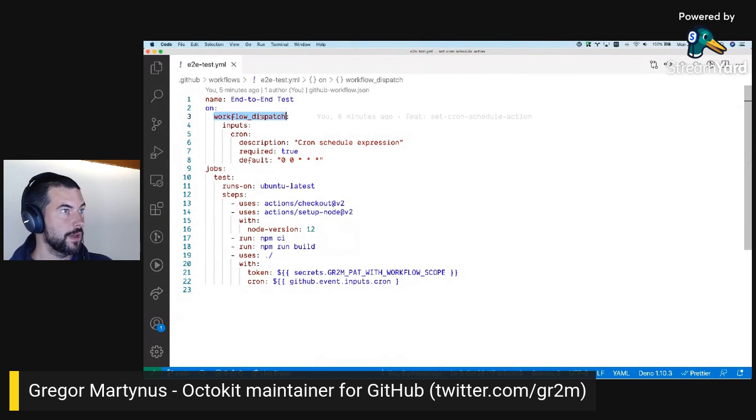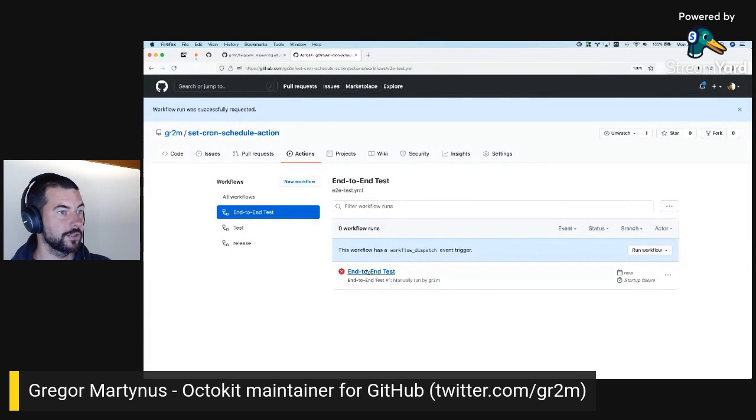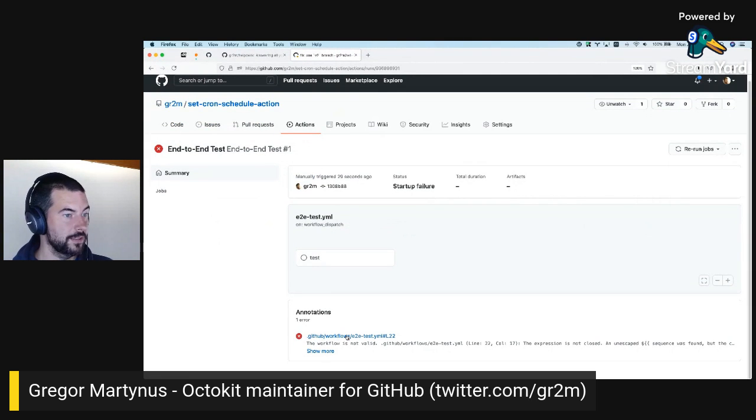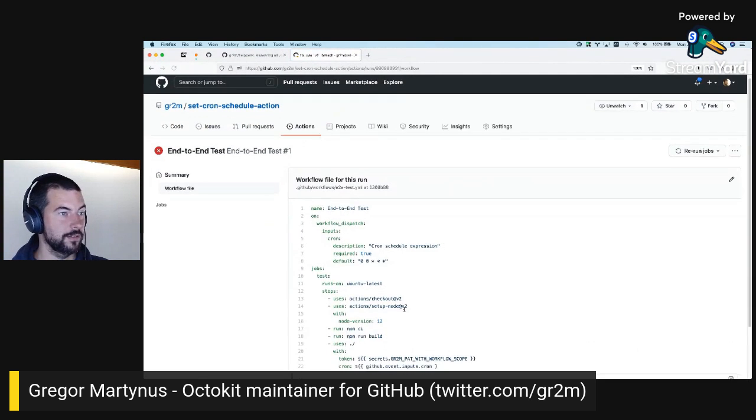So basically, we have a workflow dispatch here with the cron input that I later use here to set the cron input for the current action. And it sets up the repository, sets up node, then builds the current action, and then basically uses itself to run. So that failed. Workflow is invalid.